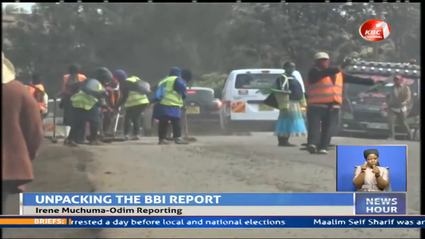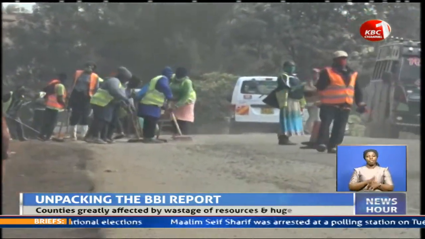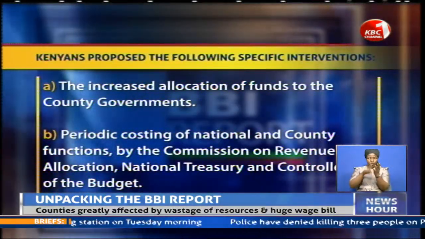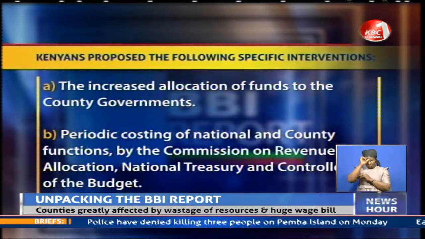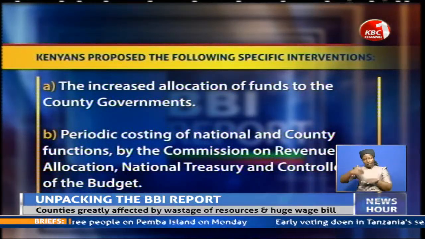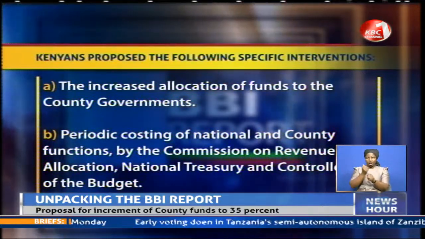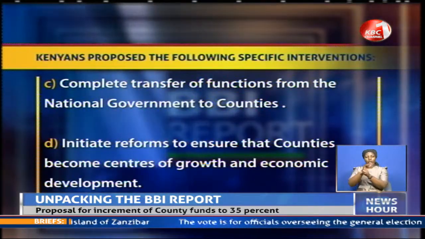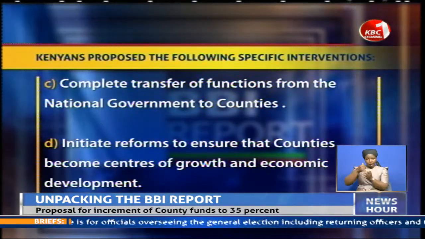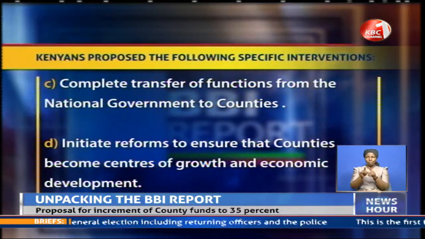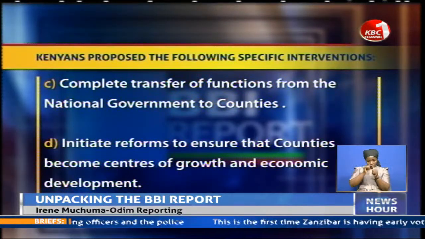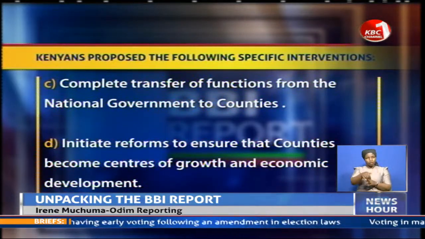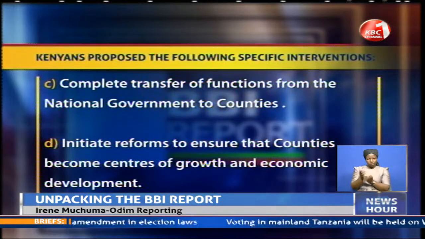The report says after highlighting these challenges, Kenyans proposed the following specific interventions: the increased allocation of funds to the county governments, periodic costing of national and county functions by the Commission on Revenue Allocation, National Treasury and Controller of the Budget. Complete transfer of functions from the national government to counties, including restructuring or winding up of parastatals that still carry out county government functions. Initiate reforms to ensure that counties become centers of growth and economic development, include governors as part of the security